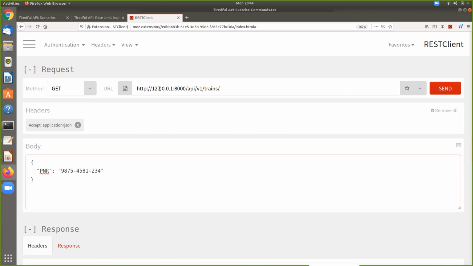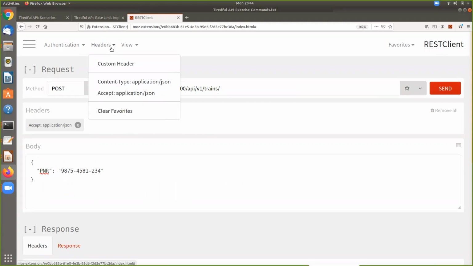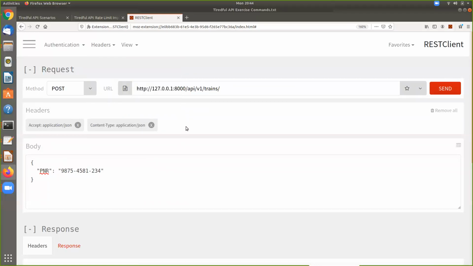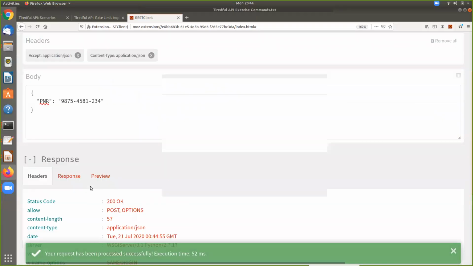Well, actually, let me go ahead and change my method to POST. And for our headers, I've got the accept. I also need to add content type to this. Let me do that real quick. All right, that looks good. Now, if I send this, it should hopefully look normal right now.